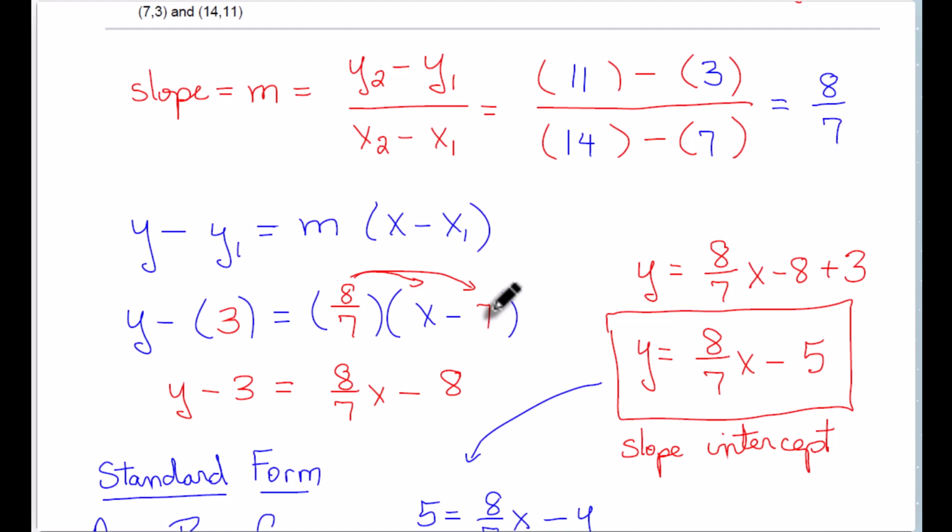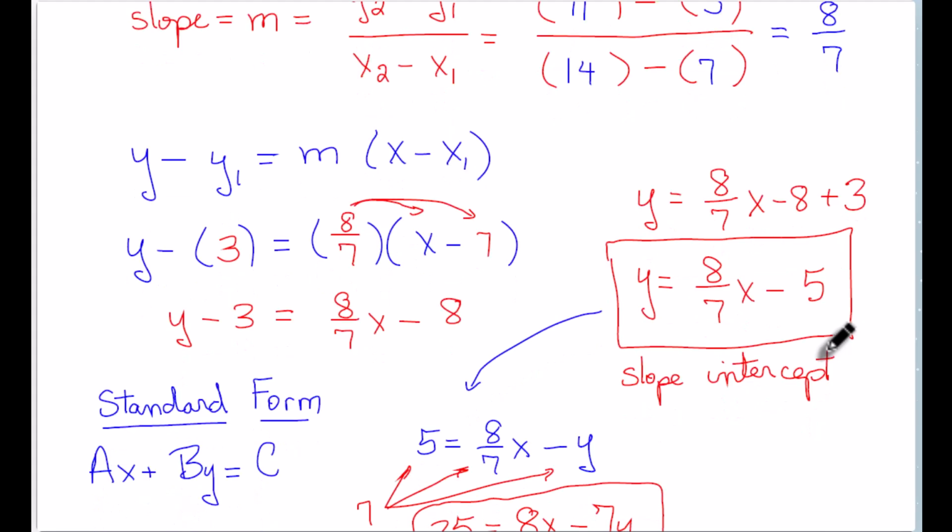8/7 times 7, the 7's cancel, and I get an 8. I need to move this -3 from the left to the right. So it's -8 plus 3, which is a -5. And so that is in